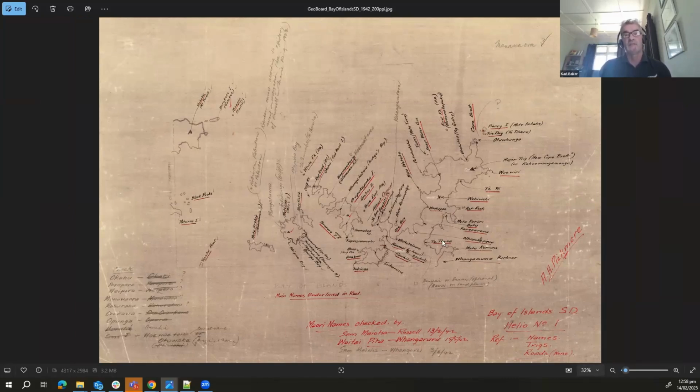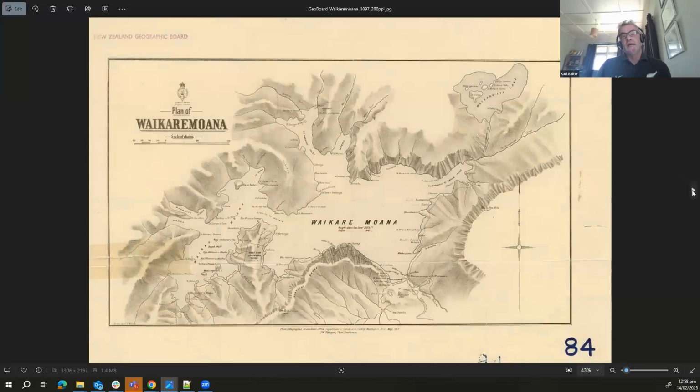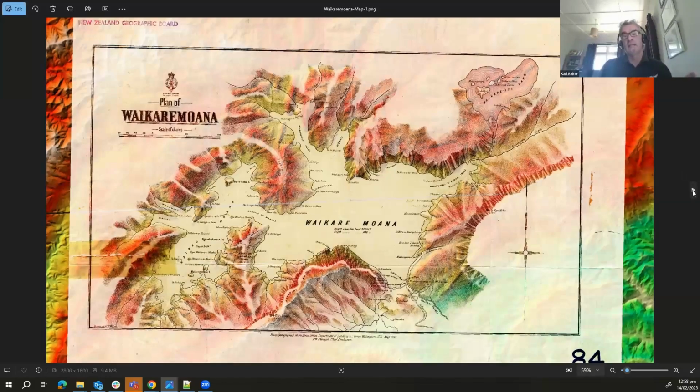And this is where I'll quickly go into an old Geographic Board scan of a plan for, obviously, Waikaremoana, which is pretty cool by itself, right? And people like looking at this kind of stuff. But what I tried to do in a little training exercise for myself was to take in the base maps in 3D, put it underneath the map and blend it in.